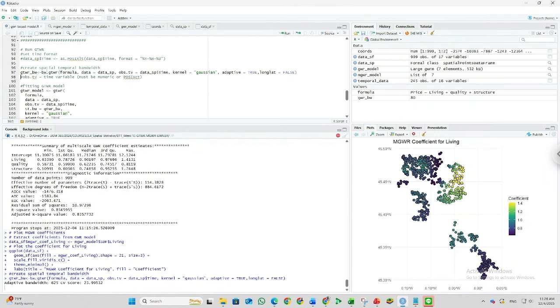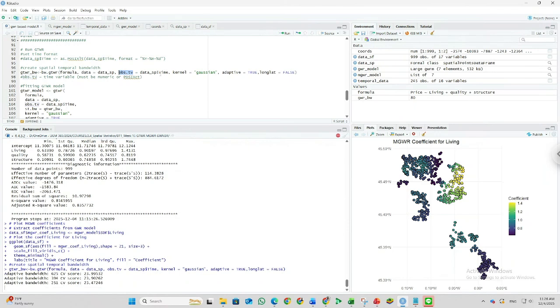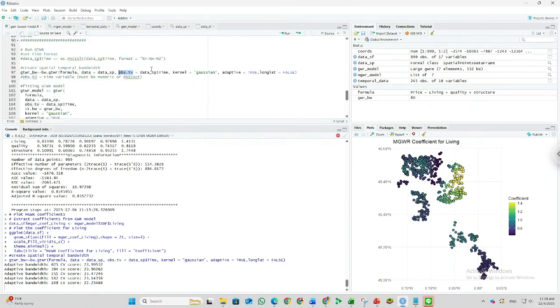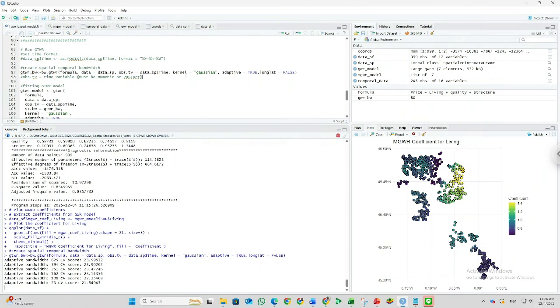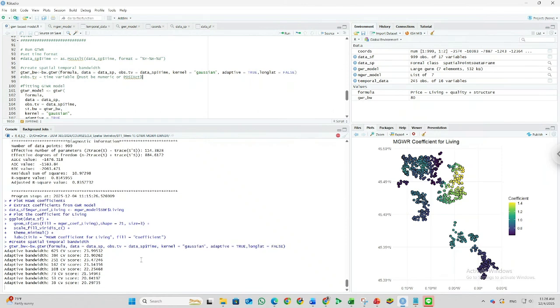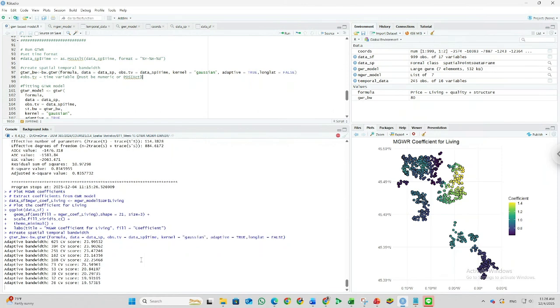In the spatial temporal bandwidth, we also consider the temporal. So in this temporal, we use the time in our original dataset, this column, so we use time. And okay, we use the Gaussian kernel, and the rest is the same. And this will iterate to get the best bandwidth using the CV score.